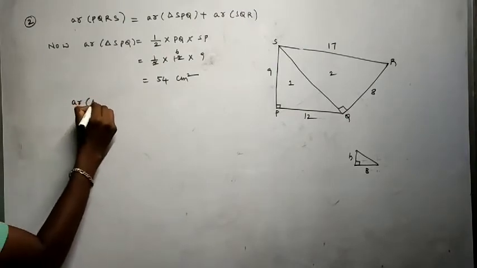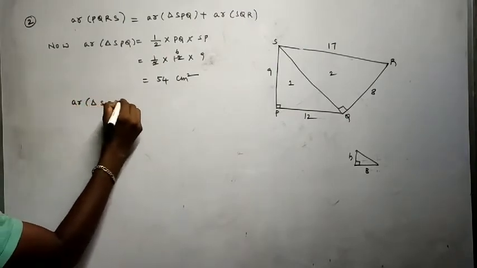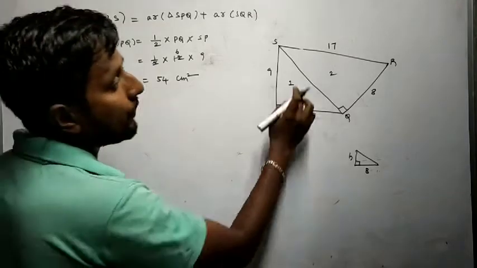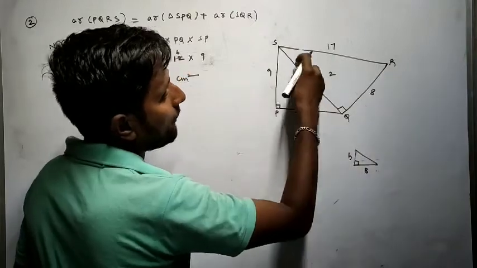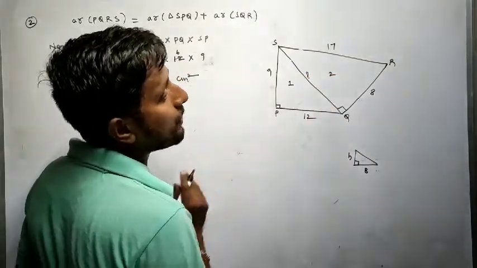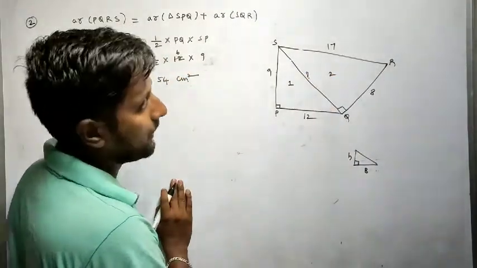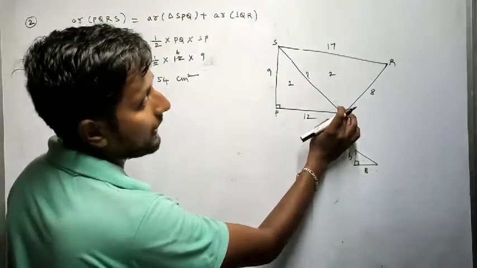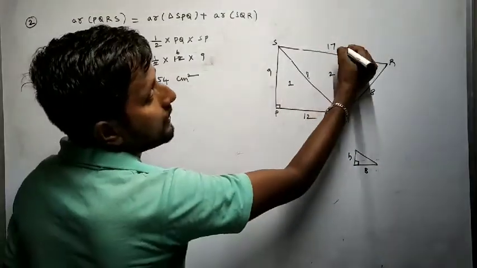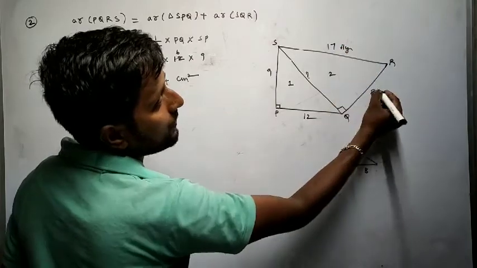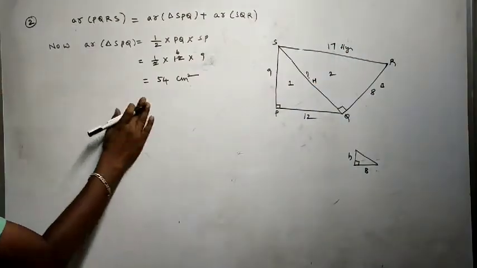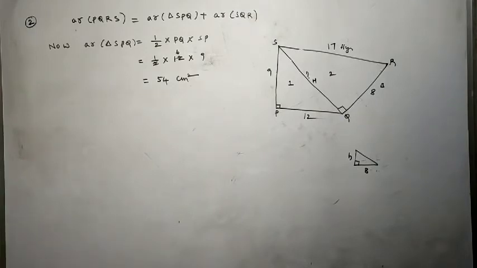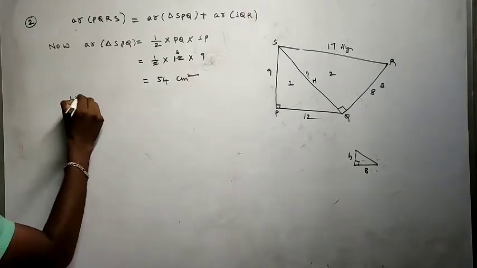Area of triangle SQR. If you want to find the area of SQR, QR is okay, but we don't know SQ, because SQ is the height of the triangle, correct? Right angle, opposite side hypotenuse. So we have no work with the hypotenuse. We need base and height, correct? So we can't find SQR directly. So what will I write? We know